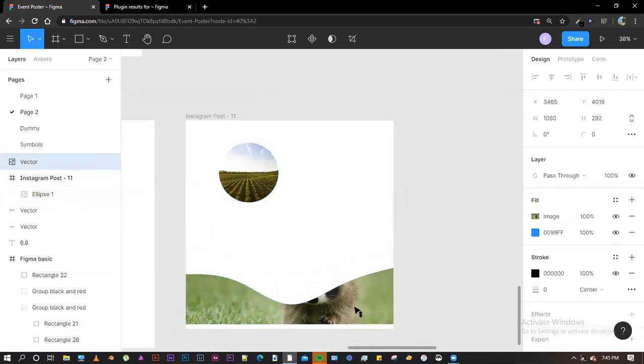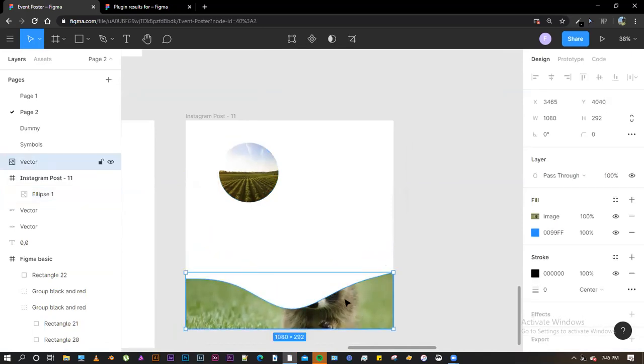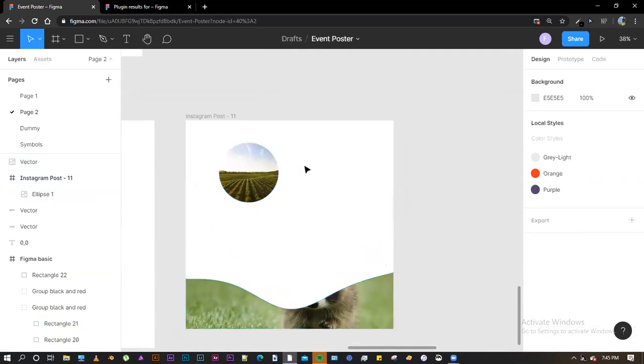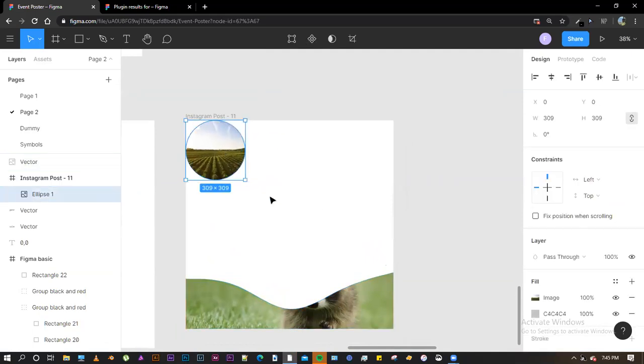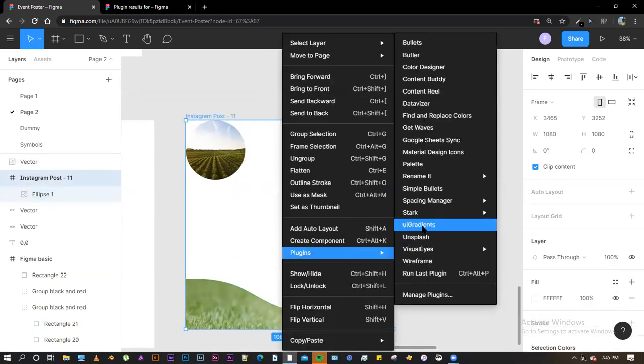So I could see that these have been added by certain people. The plugin that I'm using, Unsplash, is an open source or royalty-free site that you can go to search images. It is a royalty-free and free site that you can take images from, and it is only installed as a plugin on Figma. Therefore, the images are also free to use.